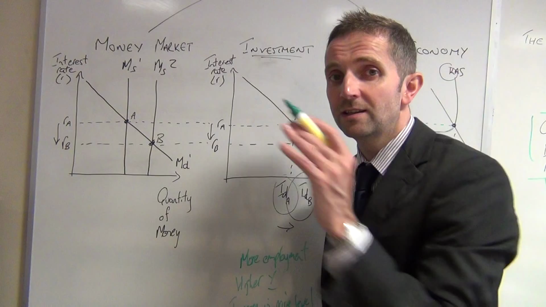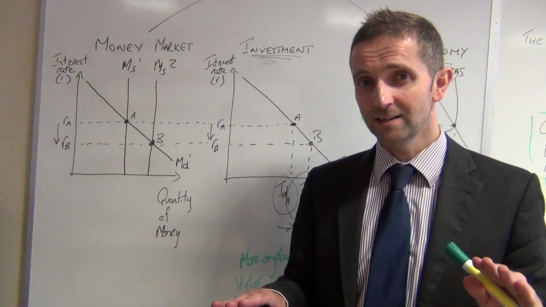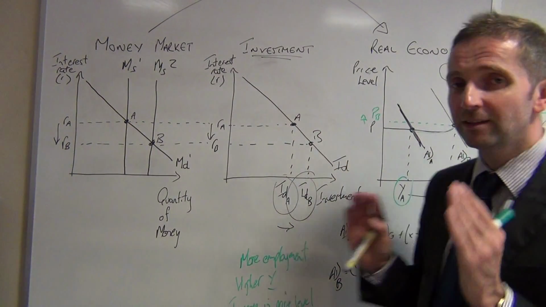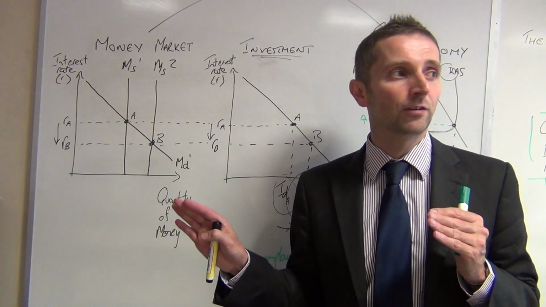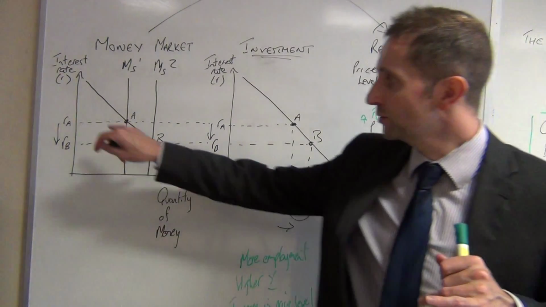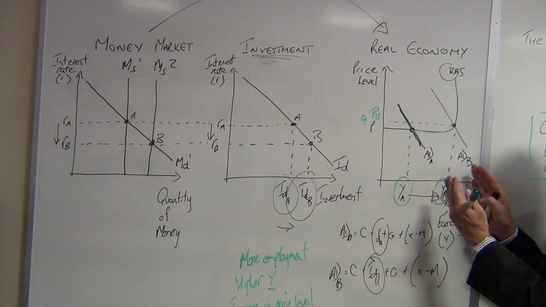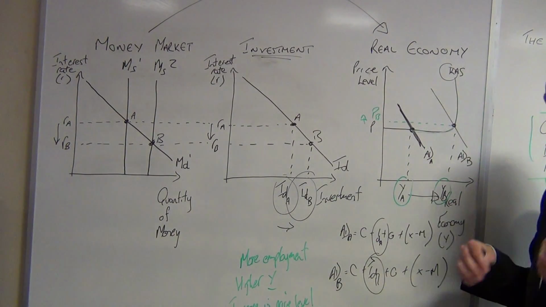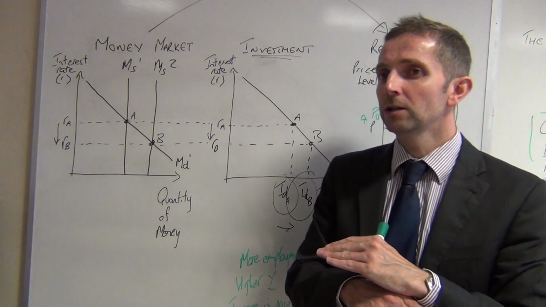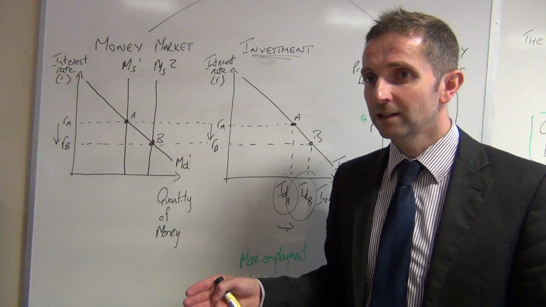And this, ladies and gentlemen, this is how, in theory at least, but of course theory, as you'll know, economic theory has a tendency to break down all the time, and we can critique this in many ways, but in theory, when the UK government or the European Central Bank or the Federal Reserve Bank in America, when they reduce the base rate of interest, this is what they hope to achieve. They hope to achieve more employment, higher levels of real output, possibly a little bit more inflation, but they're willing to accept that because it will reflate the economy, it will expand the economy, and ultimately, ladies and gentlemen, we